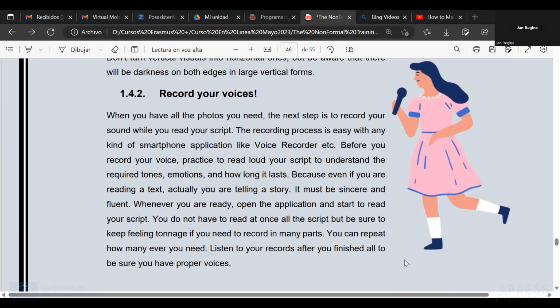So about recording voices, I have to remind you that you will have to do it many times. First, to get used to your voice, then to manipulate your voice, to find the adequate tone, to be able to enhance the different parts of the story. So it's not a bad thing to make different recordings of the same story, and then listen to all of them, try again to improve them, and then choose the one that you think is the best for the final edition.